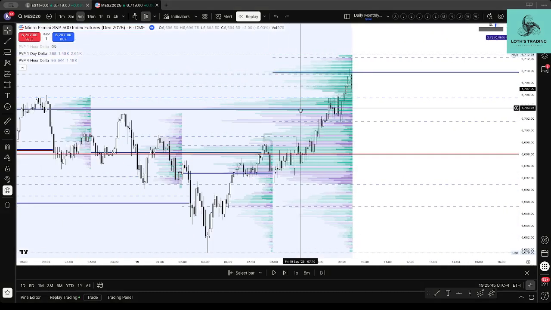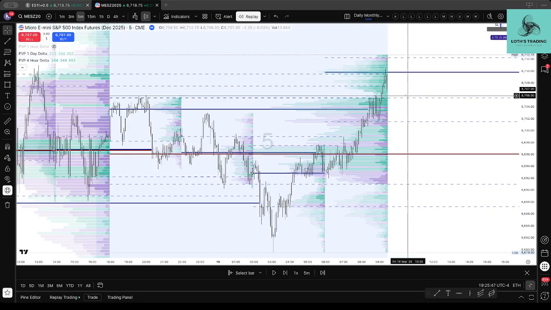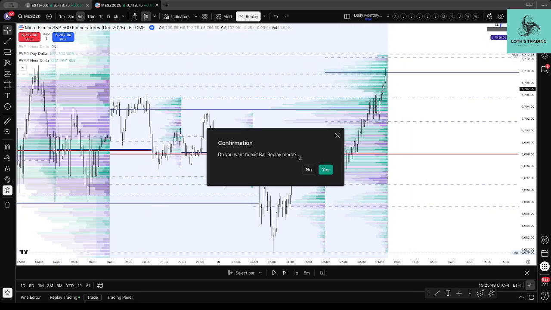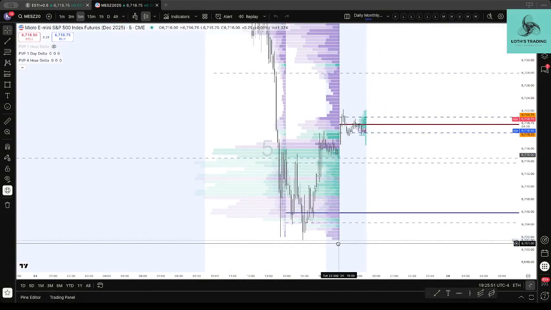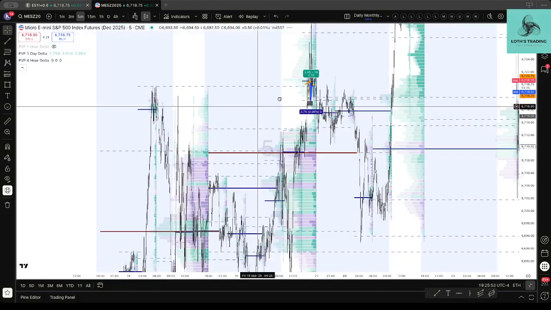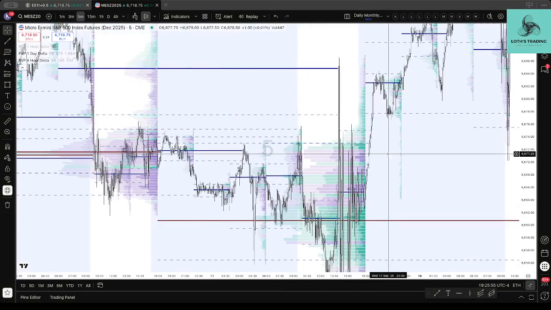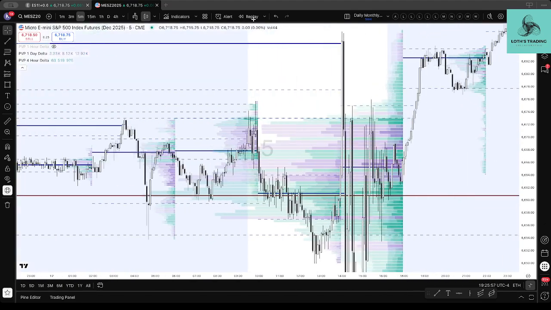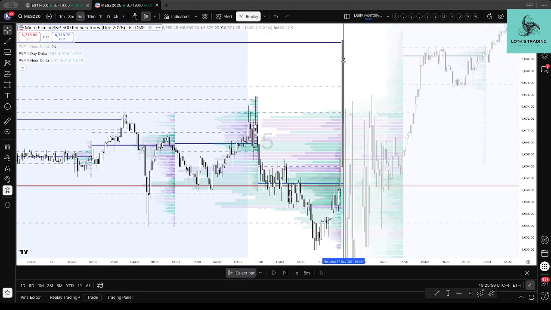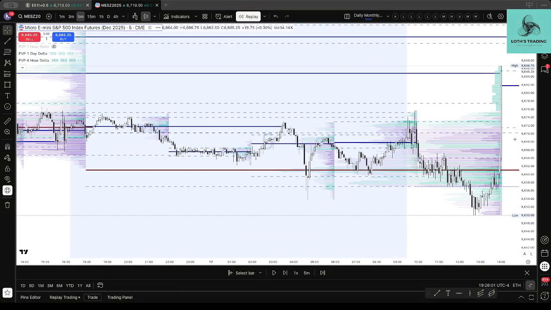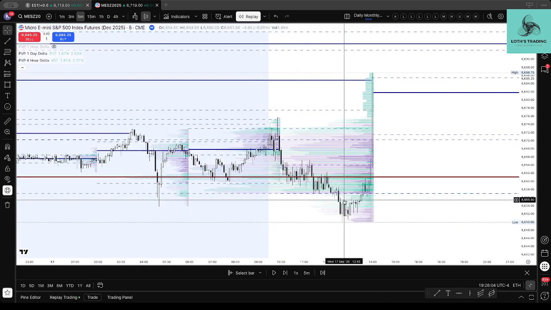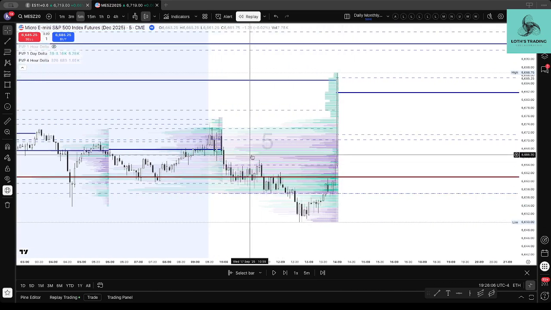So the price comes back up, not quite there. Let's move back one more. Right there. So in this case, we come to the day and there's a big squeeze,